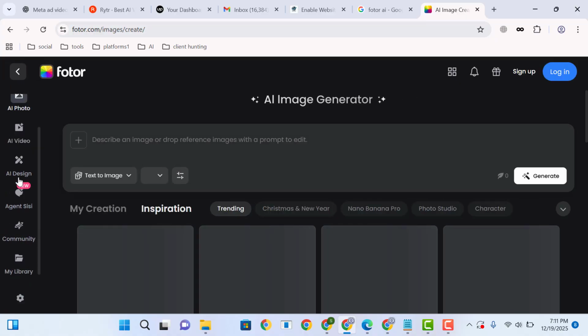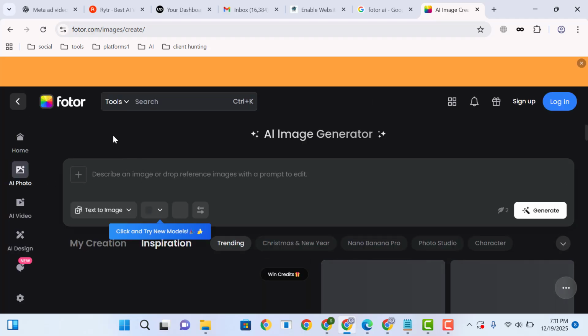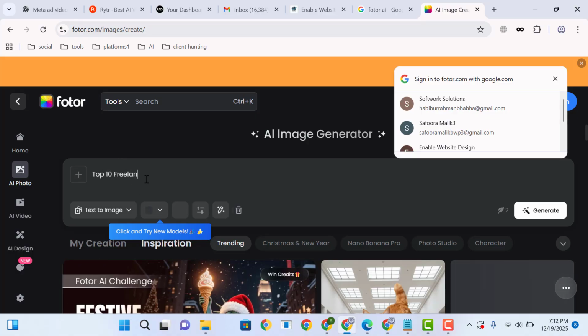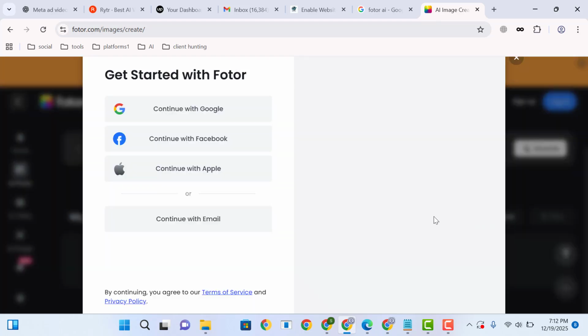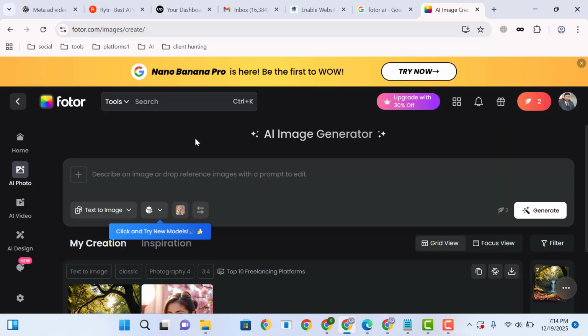and on the left side here you can see the menu. For example, let me type top 10 freelancing platforms, and after that click here, the generate button. Now it will ask you to create a free account. Now let me type generate car image, then click here, the generate button,